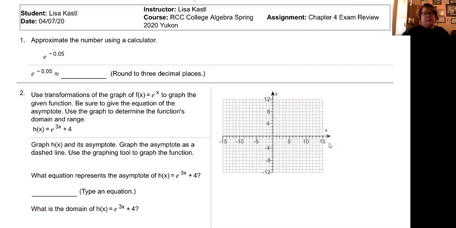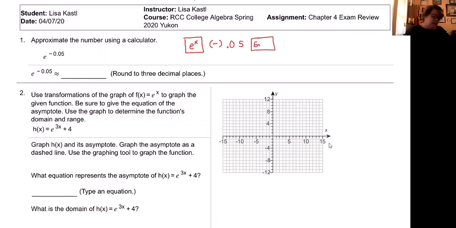So you are going to have to do this on either your graphing or your scientific calculator. And on your graphing or scientific calculator, you should have an e to the x button. Whether it's above the natural log, which it most likely is, it's a key above your natural log button, so you might have to use second natural log to get to the e to the x. But you're going to raise that to the negative 0.05 power